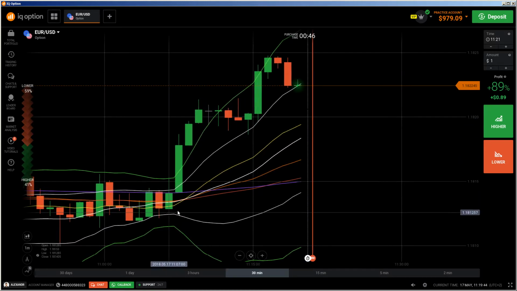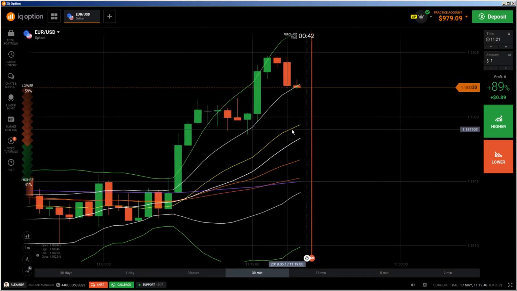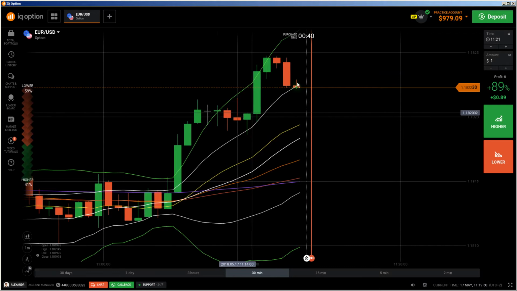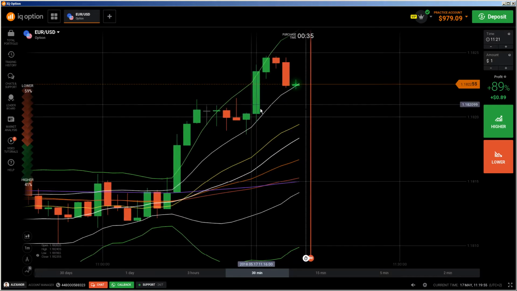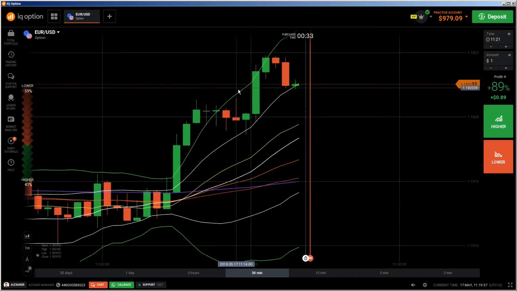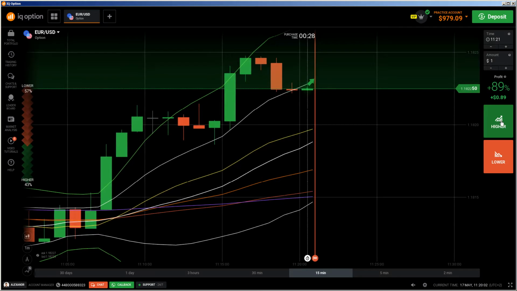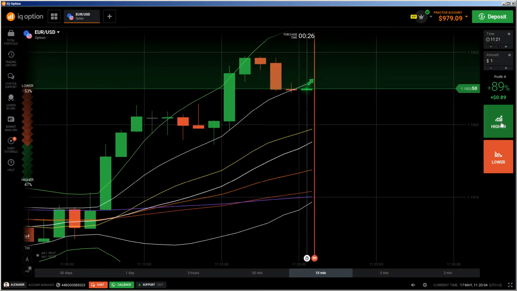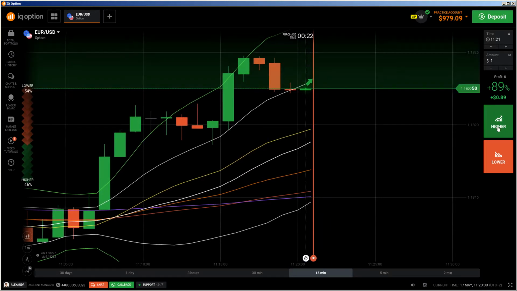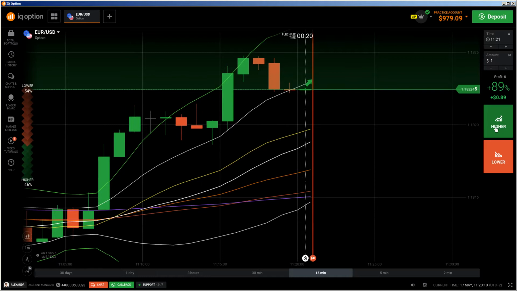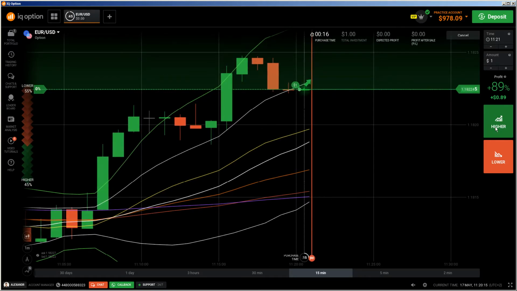Yes, because you see price is going in an uptrend. We have here the 200, the 100, the 50, and the 20, and price is above the 20. So we have all in all an uptrend. You see also price is in between the 1 deviation and 2 deviation, and so I'm expecting now that price will go up further. So I wait now that price goes down to this level, and after this I will do a call, and if it's not moving now, I will do a call now, because I'm expecting that price will go up further,